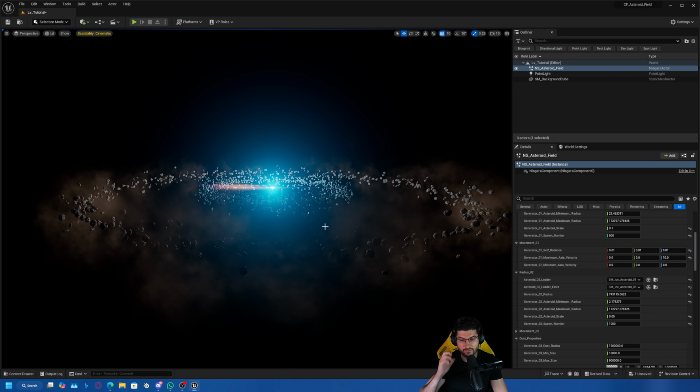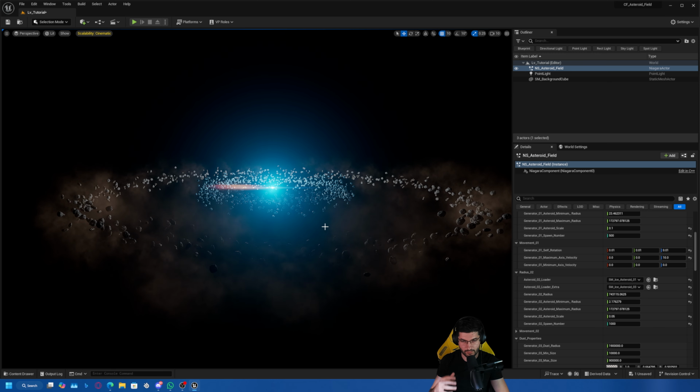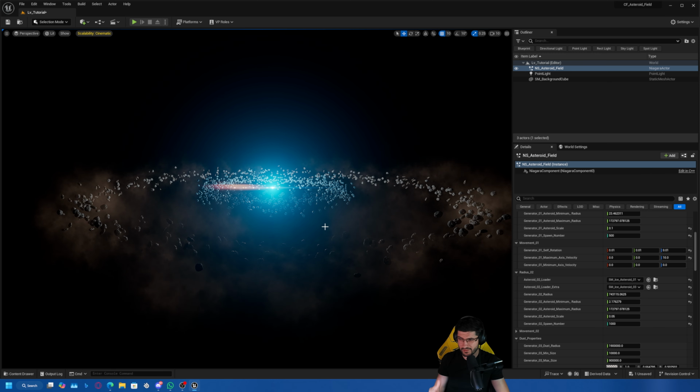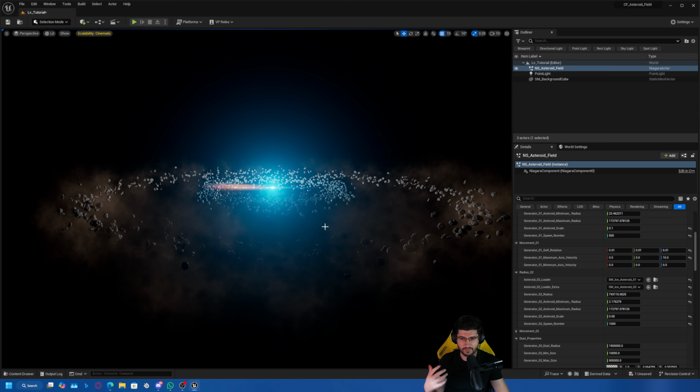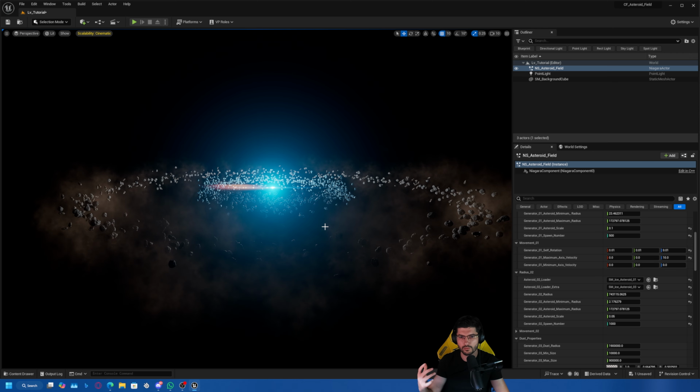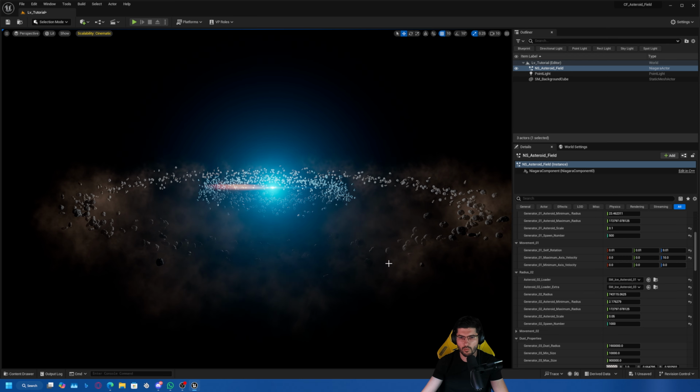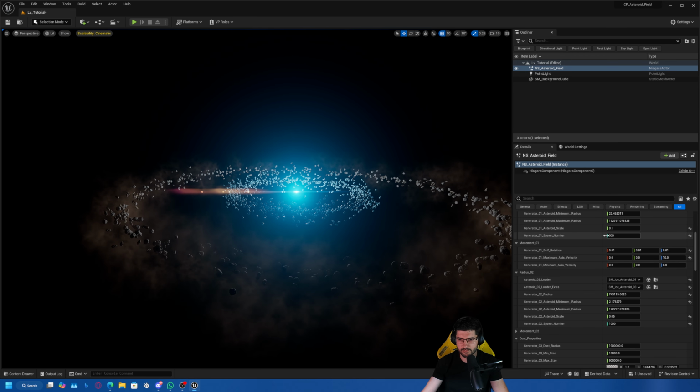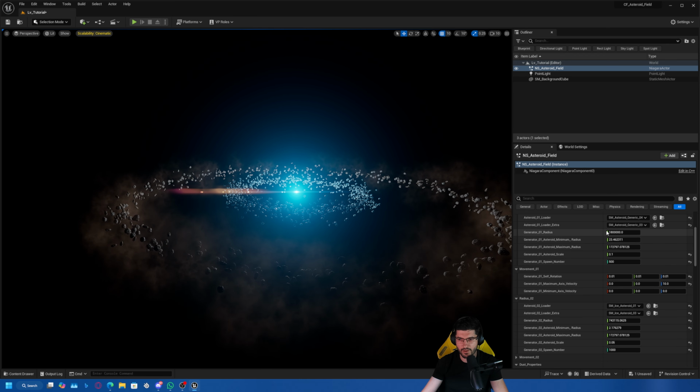What you see here is my Unreal Engine asteroid field made in Niagara with my Niagara particles. These are basically static meshes, asteroids that are Nanite and are spinning around the world like you see in here. So what we've done is we've created a system that allows us to control the size and radius and scope